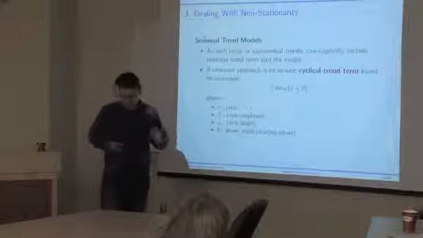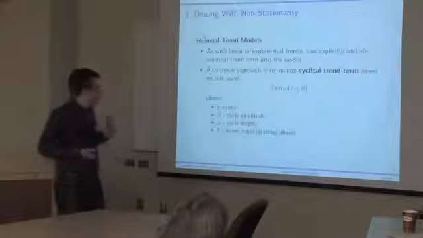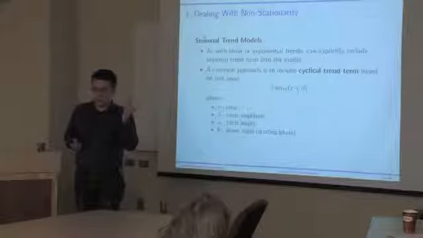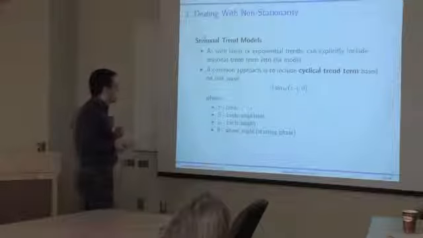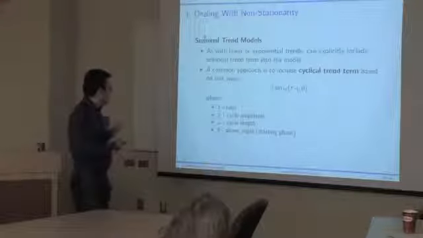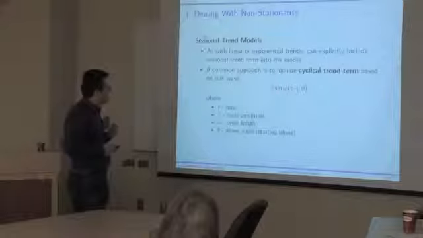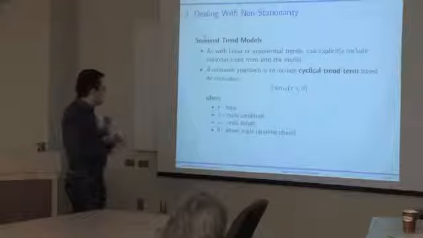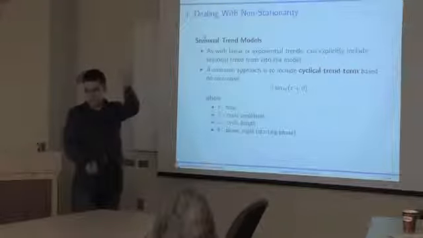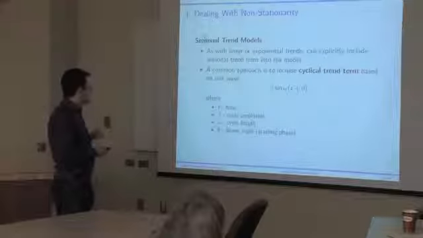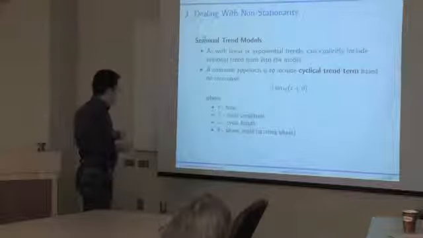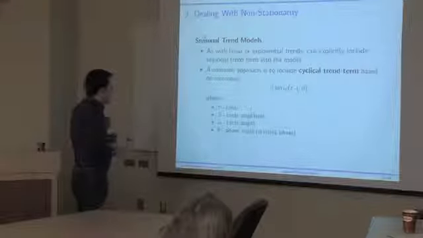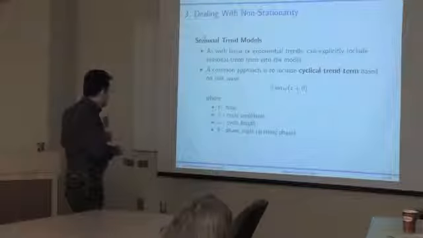The way in which it is usually done is through the inclusion of a cyclical trend term into the model, which is based on the sine wave function, the sine function of time, of t. So this function is parameterized by 3 parameters, beta, omega, and theta, where these 3 parameters are going to control the cycle. The parameter beta will control basically the distance between the peak and the trough of the cycle in your data. The parameter omega is going to control the cycle length, so that is essentially your frequency. And the parameter theta in this wave function is going to control the phase angle.